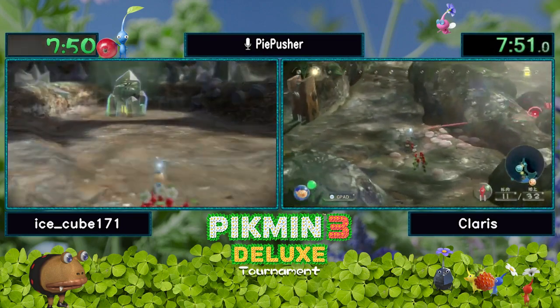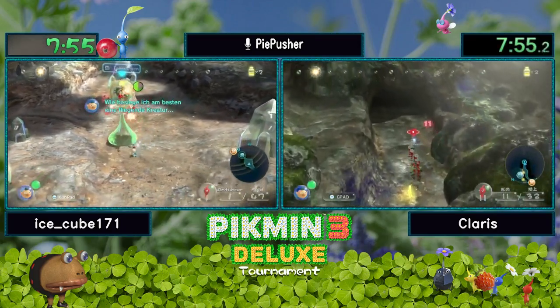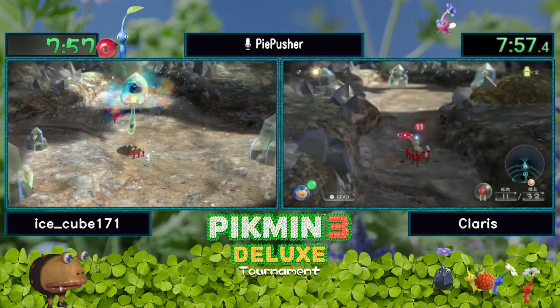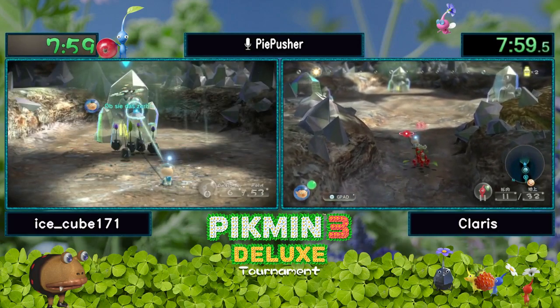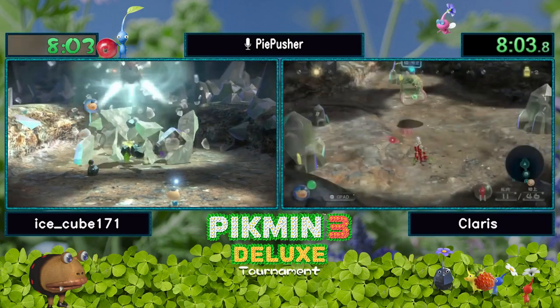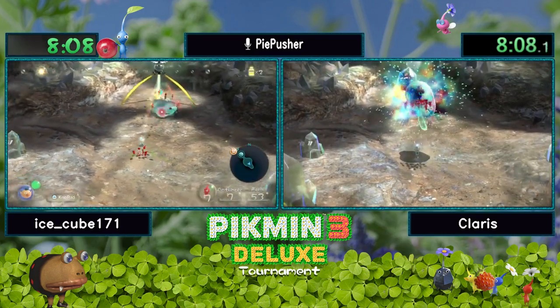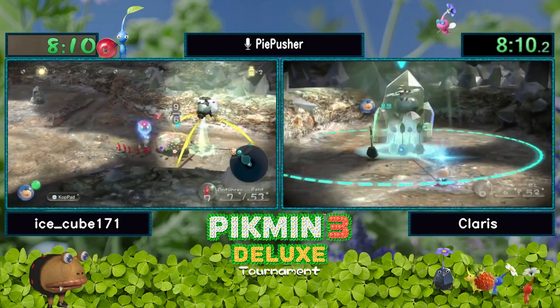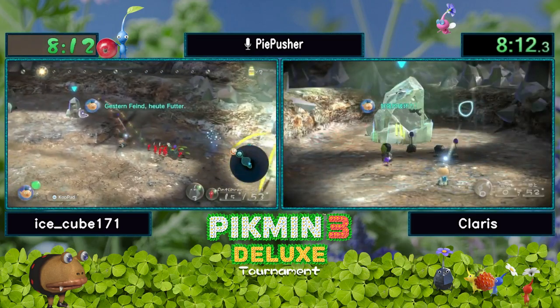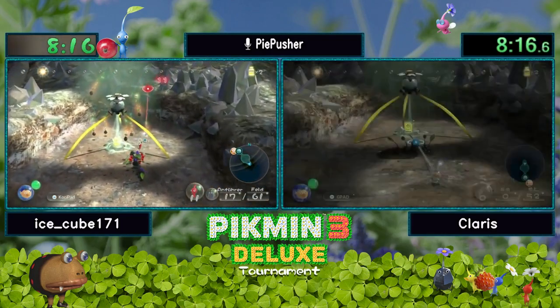So Ice Cube is now coming into the Rock Pikmin cave. After defeating this one enemy here, we get to meet our second type of Pikmin, Rock Pikmin, and they're used to break these crystals. That's their special ability, I guess. They can break crystals like this, and unlike every other type of Pikmin, they cannot latch